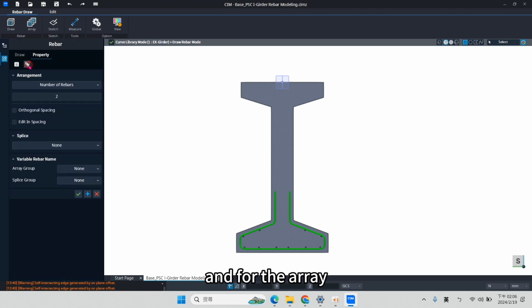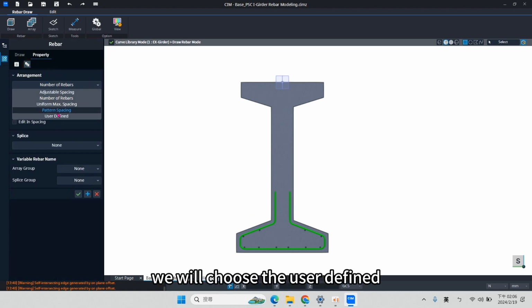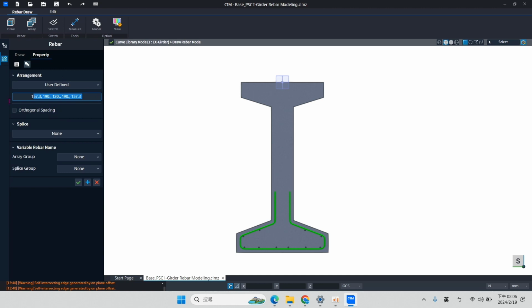And for the array, we will choose the user defined, but it will be only 6 at 200 millimeters.